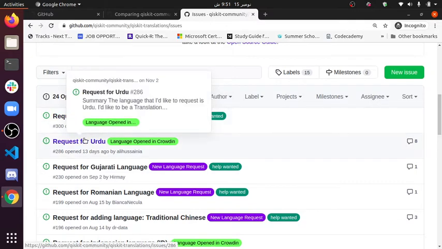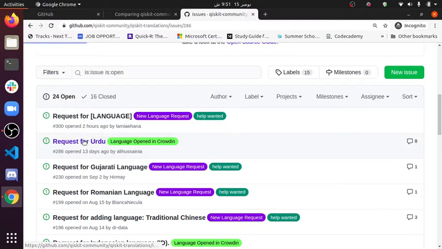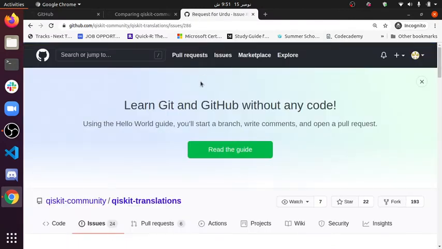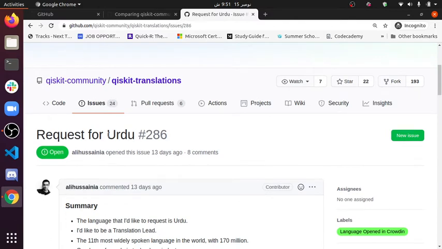I hope you can read it clearly, or else you can click on it, and now you can easily see Request for Urdu, hashtag 286. So this 286 is our issue number, and you can simply follow this for any language you are interested in joining and participating in.